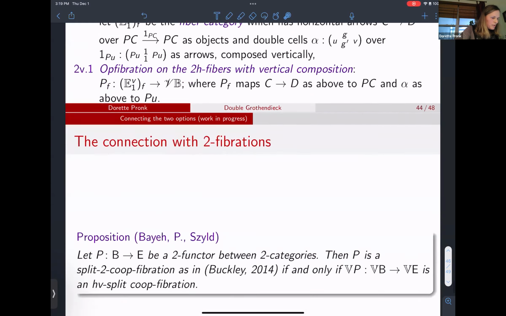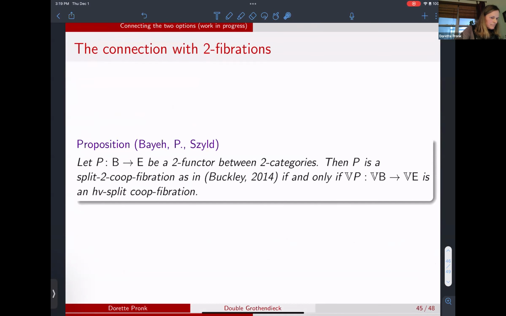And so we can then look back and say, okay, that was kind of a mouthful. Does this generalize? Yes. For a two-functor between two categories, P is going to be a split two-co-op fibration as in Buckley if and only if VP is an HV split co-op fibration. So it's the V part now that gets carried over, and I suspect actually,